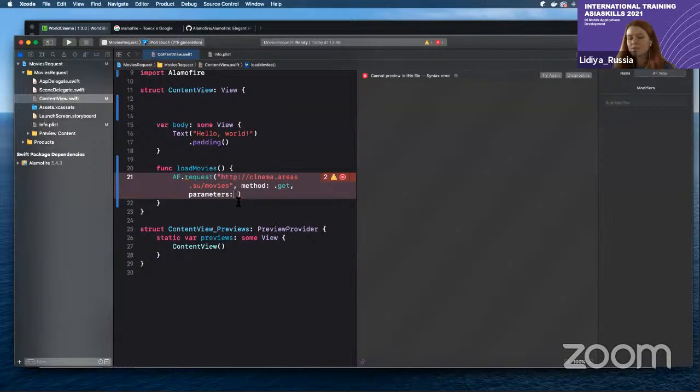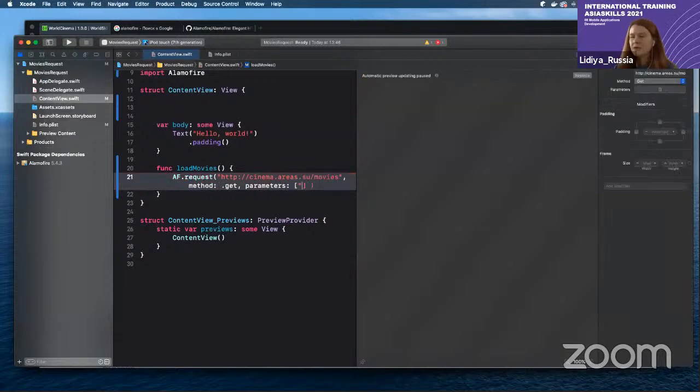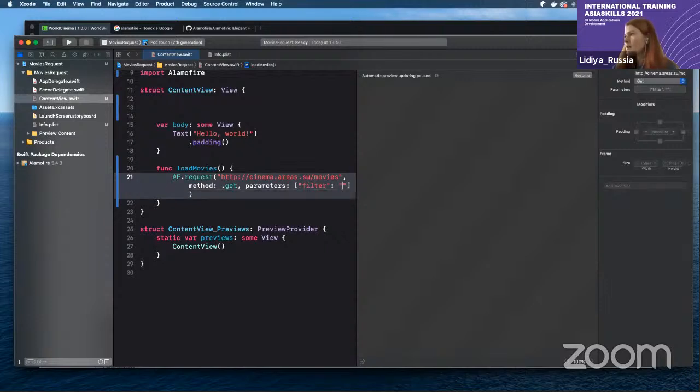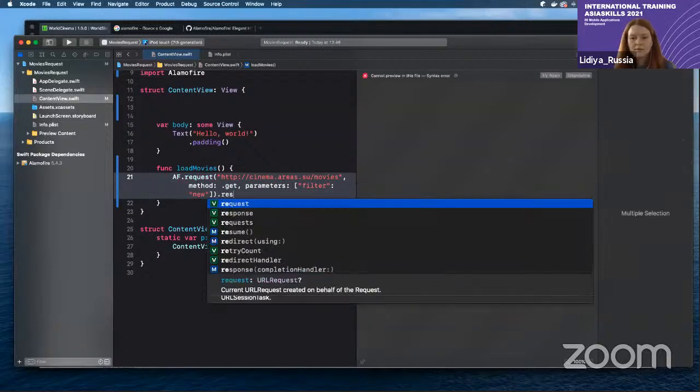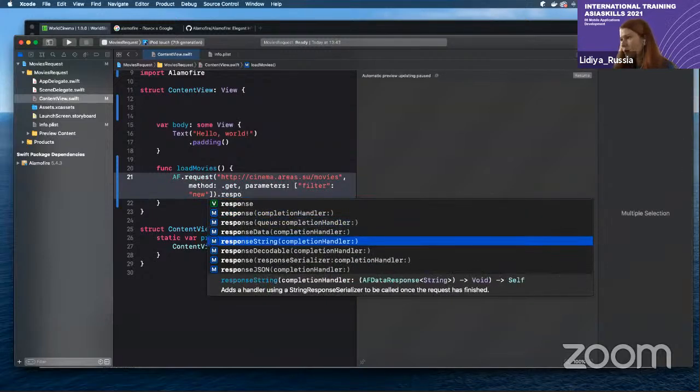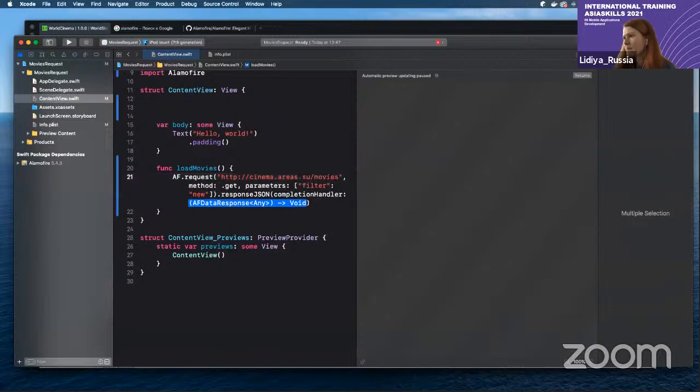That's why here I create a dictionary. First is the key of my parameter, and the value is the value of my parameter. Then I call the method responseJSON,